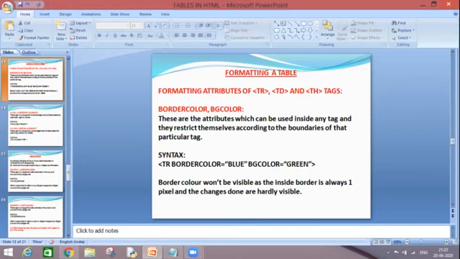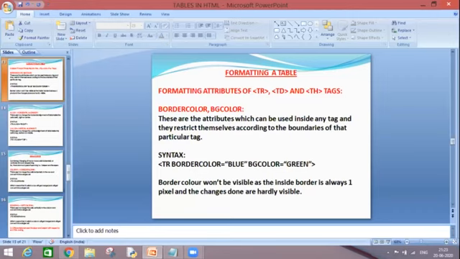Like the body tag, or the table tag altogether, BG color can be used specifically for some tags. So if I use BG color inside my TR tag, TD tag and TH tag also, it will work specifically for their tags.